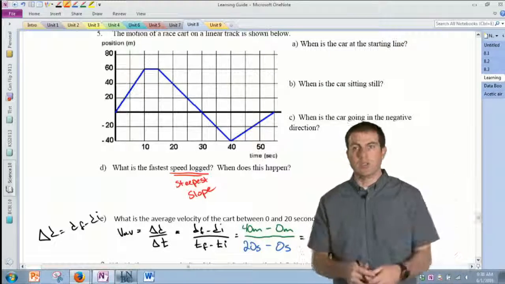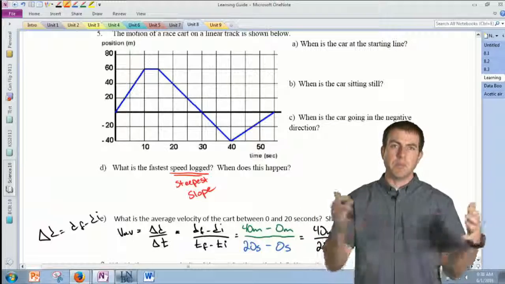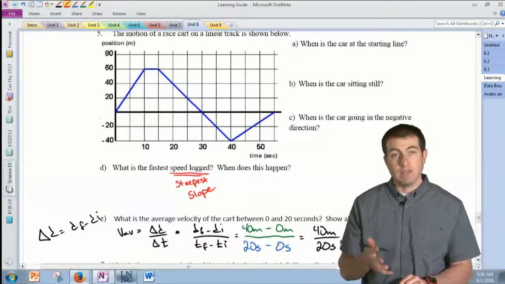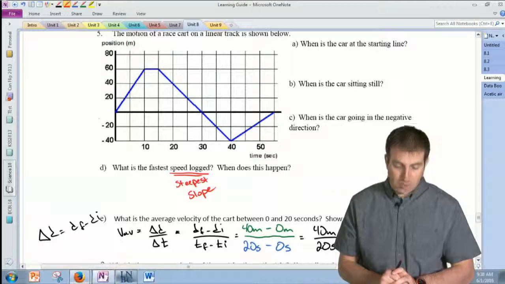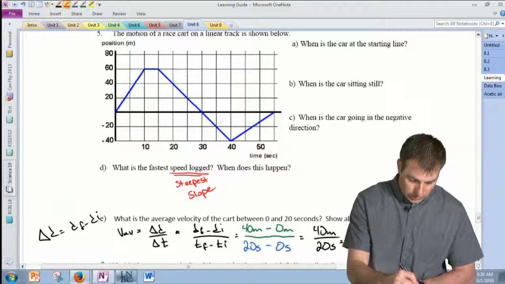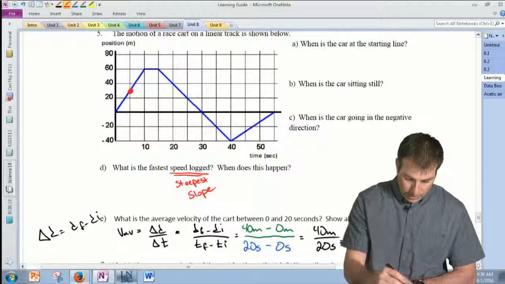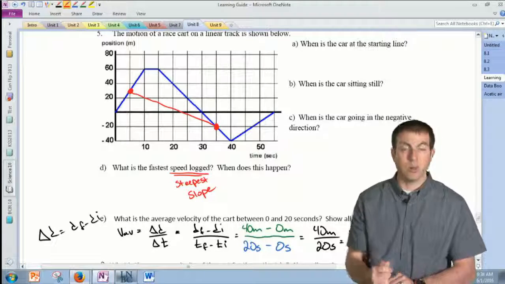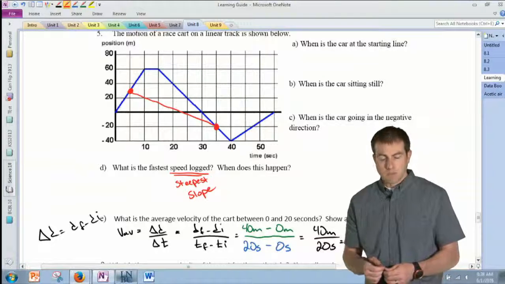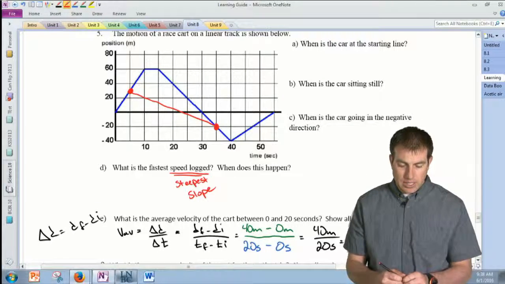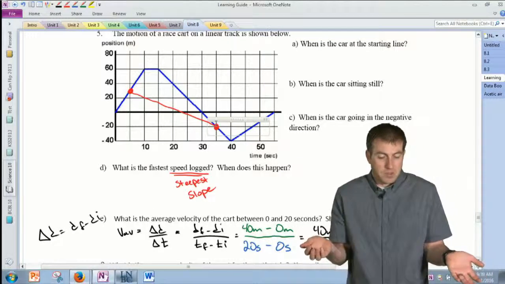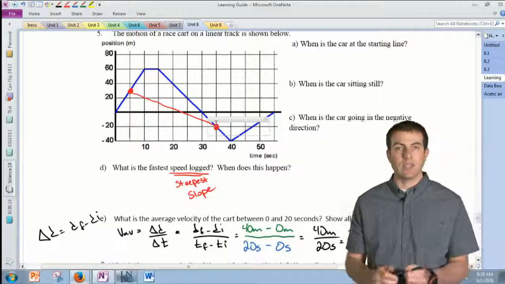Just while we're on the topic, we've looked at this specific example, but maybe extend this question a little bit further. If the question asks, what's the average velocity between 5 seconds and 35 seconds? What I would do is I'd say, okay, 5 seconds is right here. Here's a point. And then 35 seconds is right here. Here's another point. And I would draw a line between my 2 points, and I'd find the slope of that line. Now, it's a negative velocity, it's a negative slope, it's going down and to the right. So that's fine, this process is exactly the same.